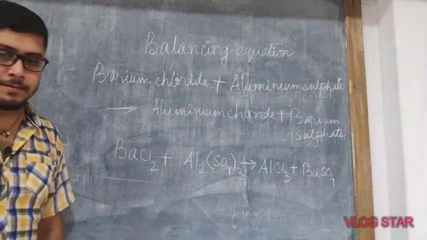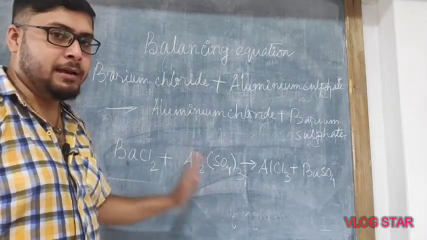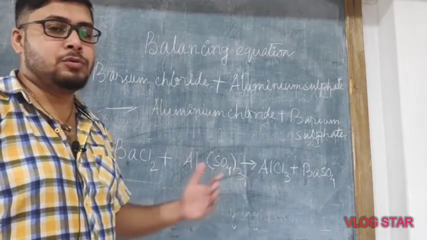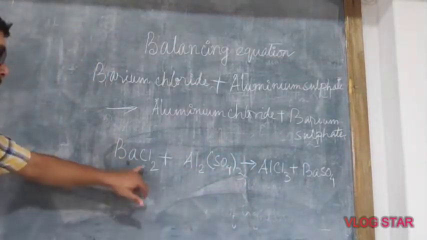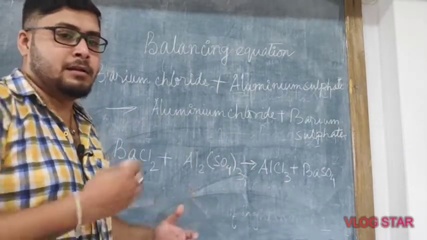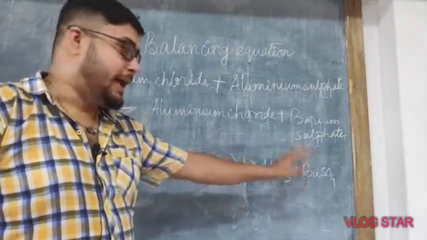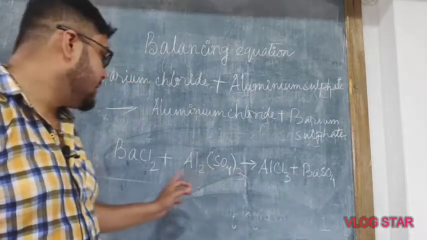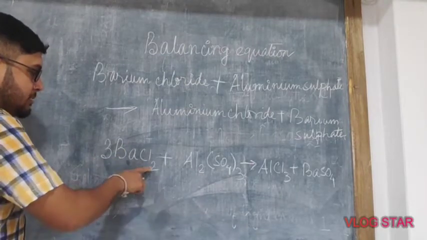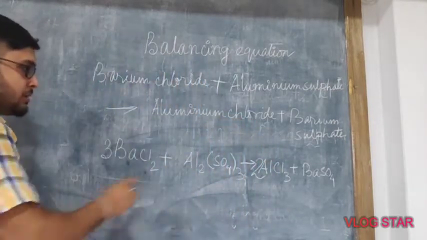One by one we have to balance. See here, Ba, here is 1 Ba. So for the time being, let us keep it. In a later case, if we see that we have to add 2, 3, we'll come to it later on. Now here you can see 2 Cl, here is 3. Now let us get a common multiple. It is just simple mathematics. We can neither deduct any chlorine here nor add chlorine here. So what we will do, let us say we put here 3. So 2 into 3 becomes 6. If we put here 2, 3 2s are 6.